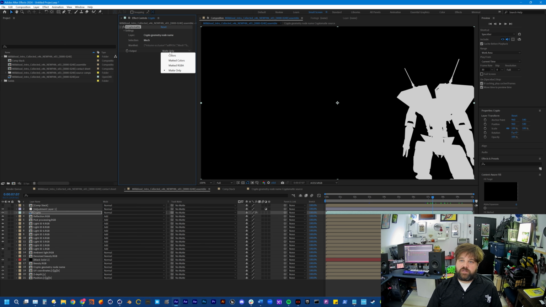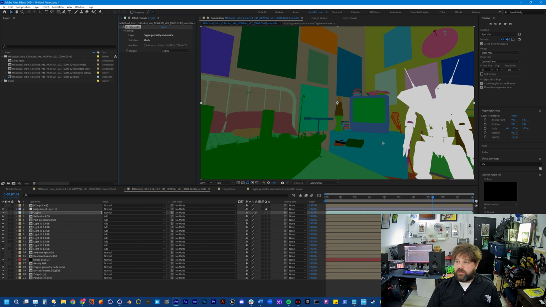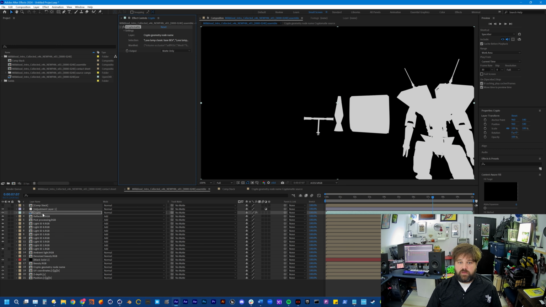So if you go back to colors, say we want the TV, you hold shift, and you get a little plus on the crosshair. Shift, shift. Let's add reflections here, and maybe to the scooter here. All right, back to matte only. Now we take our reflection,